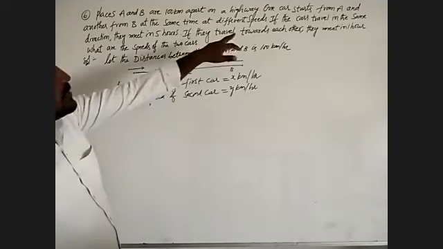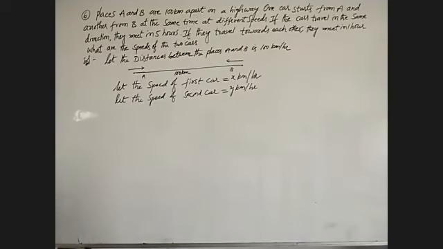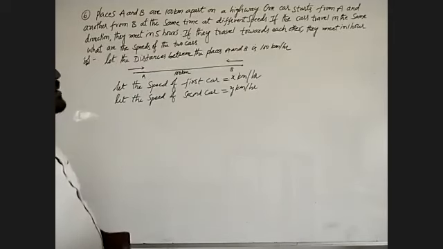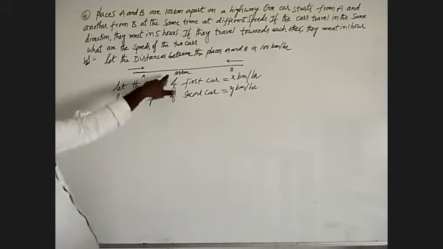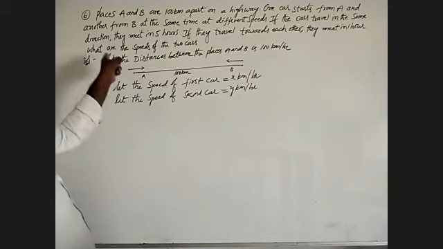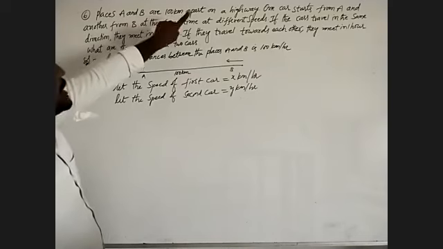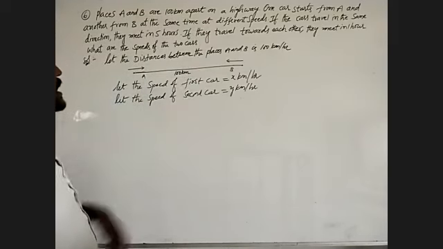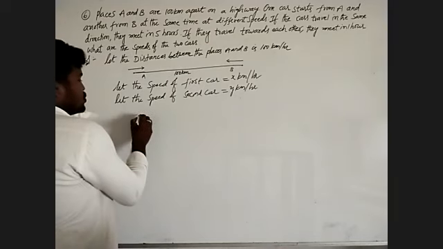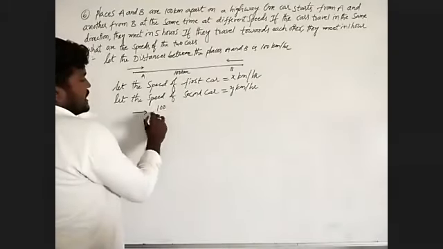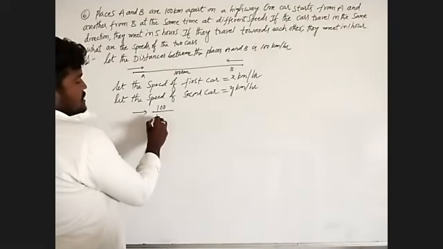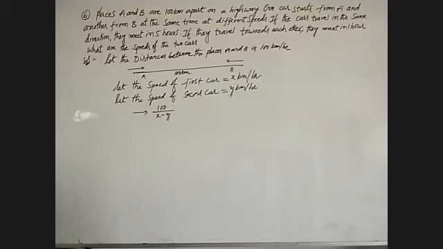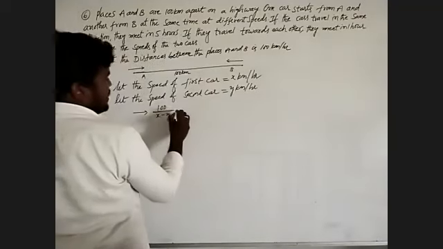First, if the cars travel in the same direction, they will meet in 5 hours. Same direction means we take the difference of the speeds, and the distance between places A and B is 100 kilometers. That means the total distance of the highway is 100 kilometers. With the two cars in the same lane, the speeds are subtracted. That will take 100 by x minus y, and they will meet in 5 hours.